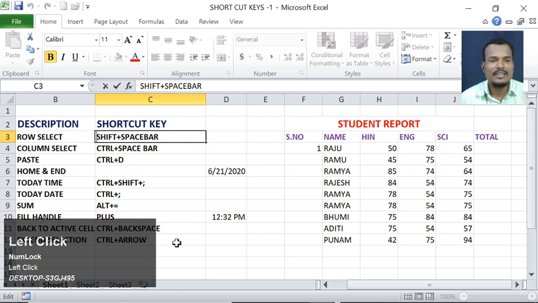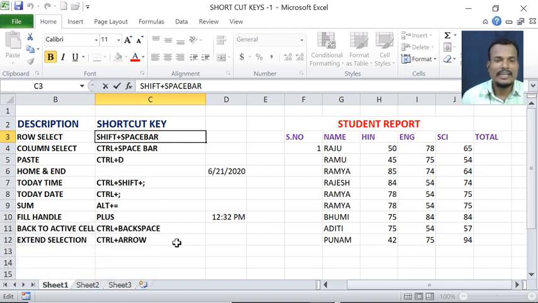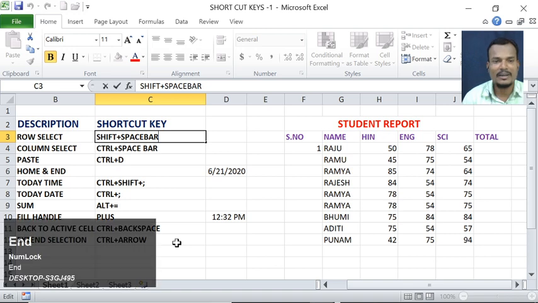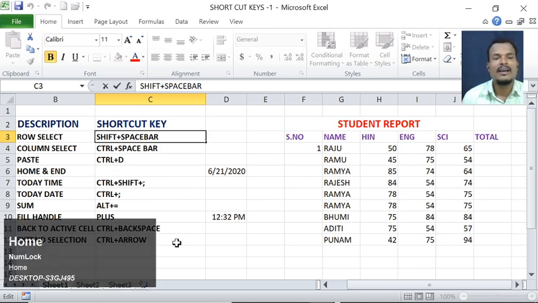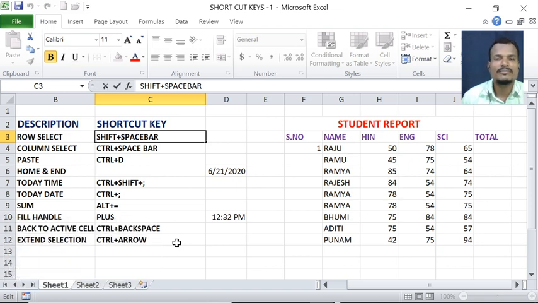But see here, a simple method. On the keyboard, if the cursor is at the starting point and you want your cursor at the ending point in the cell, just press the End button. Automatically it will come to the end in that particular cell. If you want the starting point again, press the Home button on the keyboard. So this is about Home and End.